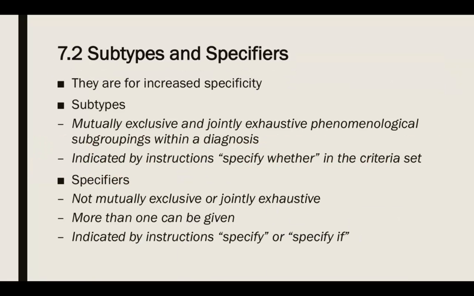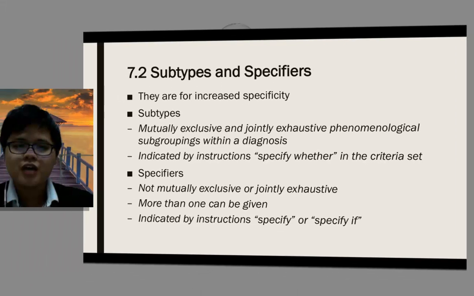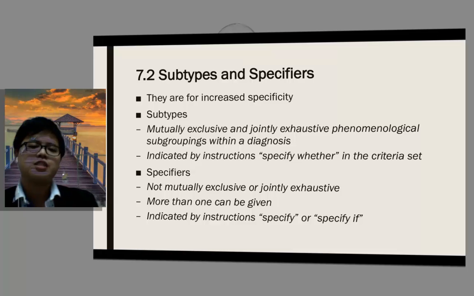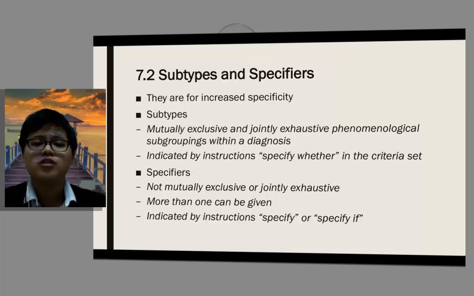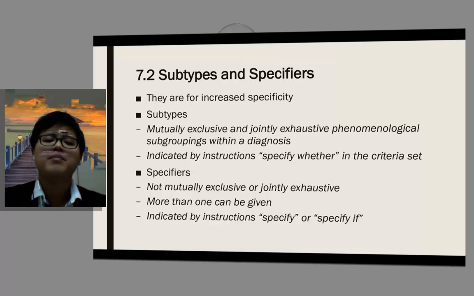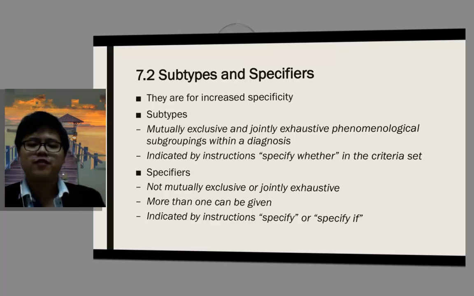Now, let's talk about the subtypes and the specifiers of the disorders. These are for increased specificity. Subtypes are mutually exclusive and jointly exhaustive phenomenological subgroupings within a diagnosis. They are indicated by instructions like "specify whether" in the criteria set. Specifiers are not mutually exclusive or jointly exhaustive. More than one could be given for a particular patient, and they are indicated by instructions like "specify" or